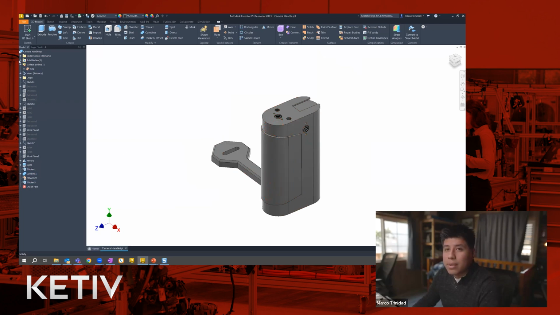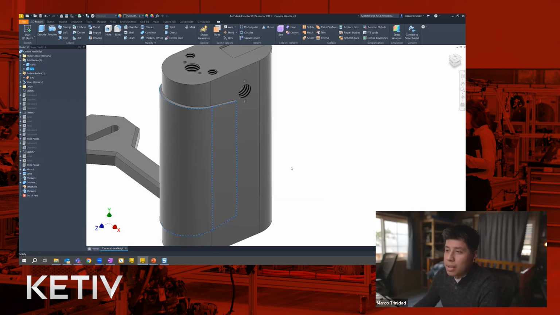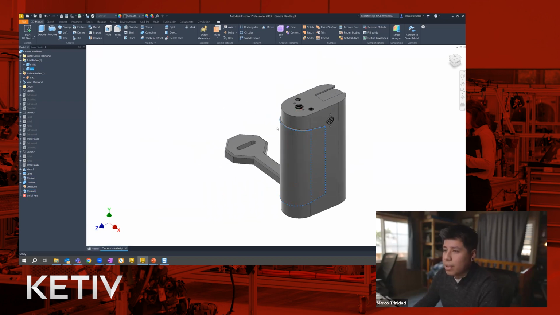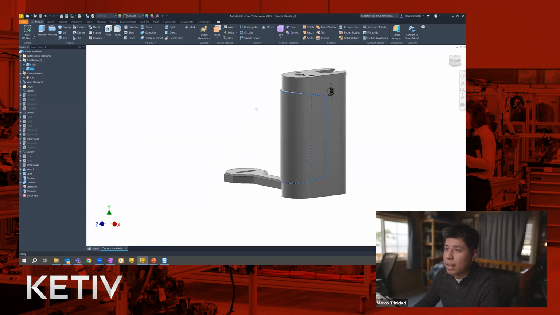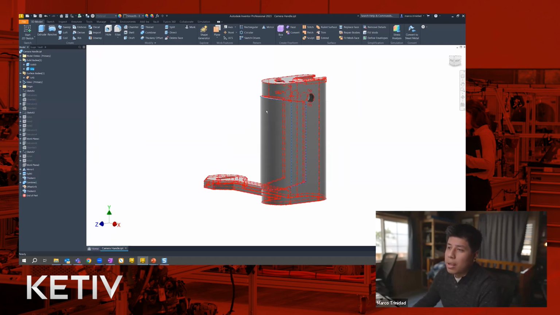And since it is its own solid, it is now a multi-body part, and I can export this out as its own separate part file that then, if I needed to, I can unbend and then stamp separately, or I can keep it the way it is and have it manufactured maybe out of plastic where it already comes